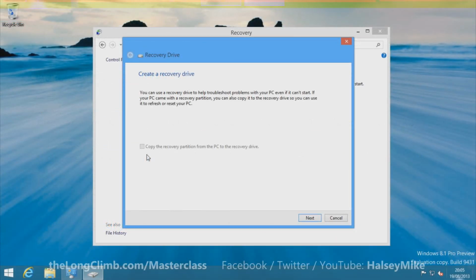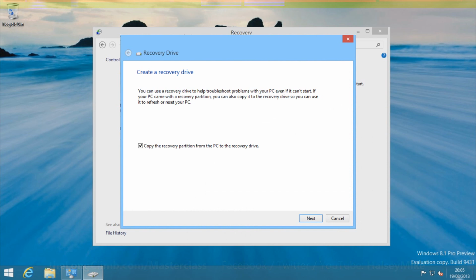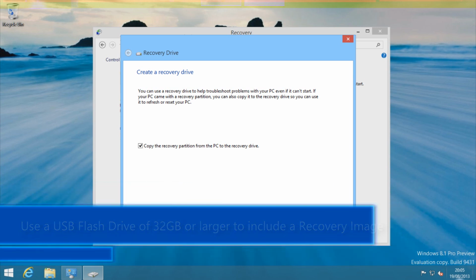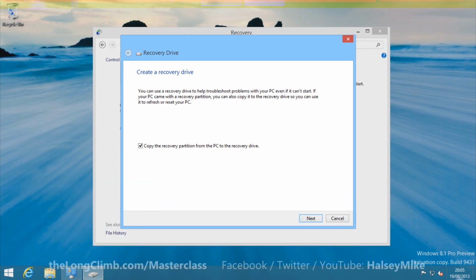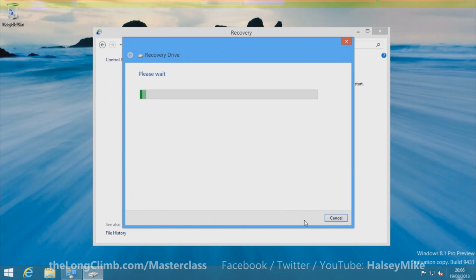Any size USB flash drive can be used as a recovery drive, but you may see an option to copy the recovery partition to the recovery drive as well. And you'll see this if the company that made your PC has included a backup image of Windows on your hard disk, and this can be copied over to the USB flash drive. If you want to copy the recovery partition to the USB flash drive, you'll need a much bigger USB flash drive. I recommend 32 GB or more. Click Next when you're ready,